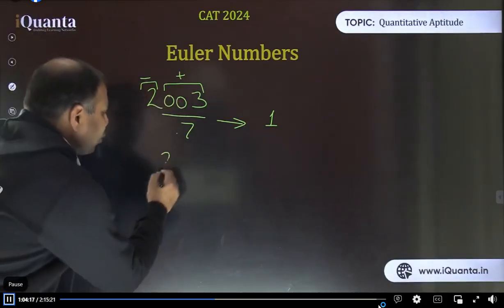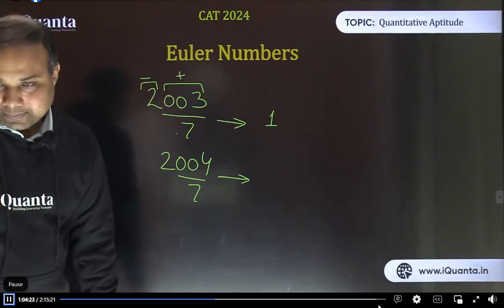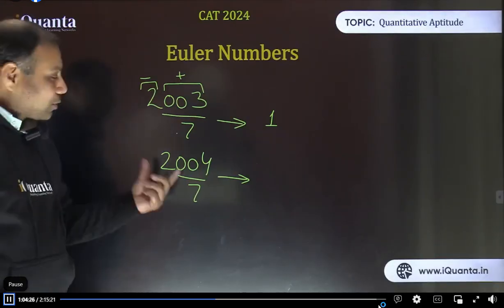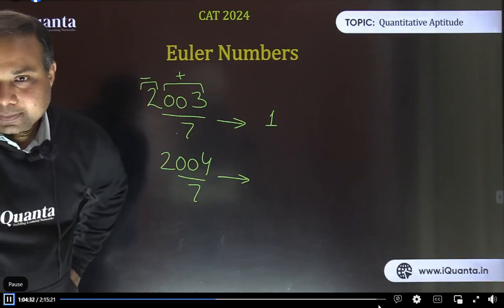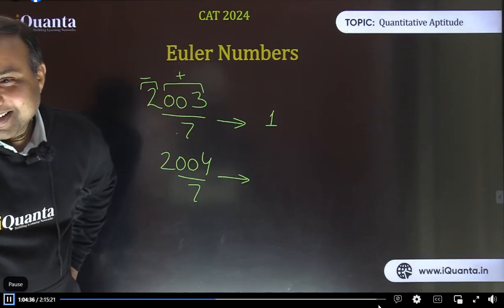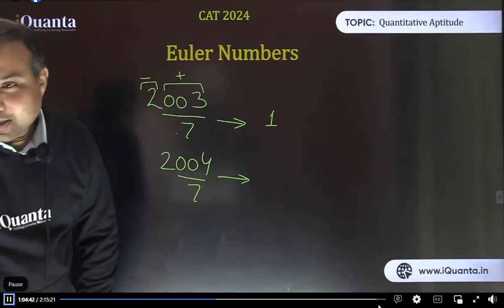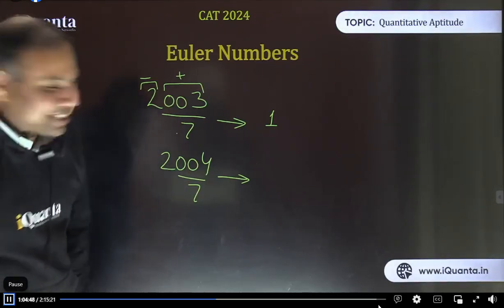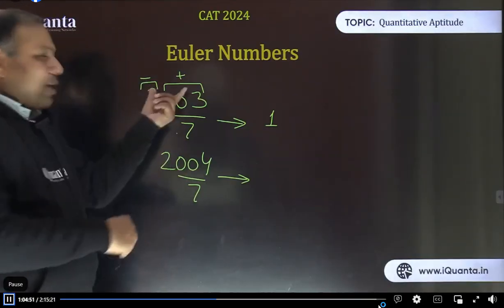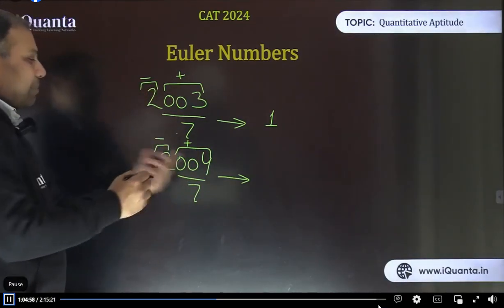Let's move further fast. 2004 divided by 7. Now tell me the remainder. 2004 divided by 7. What is the remainder? Yes, it's 2. And Mag is writing method also good. 004 minus 2. Sagar Rajput, you have written it perfectly fine. See, this time again we could have made use of the earlier method, that is 004, that is positive number, and this 2 is negative.